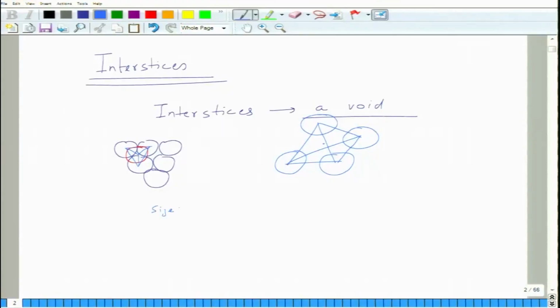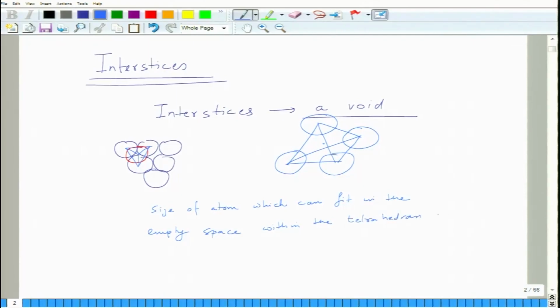Obviously that atom is very small. So the size of the atom which can fit in the empty space within the tetrahedron